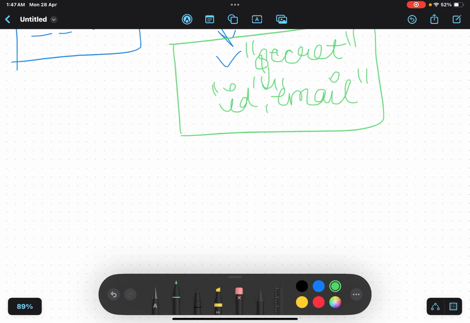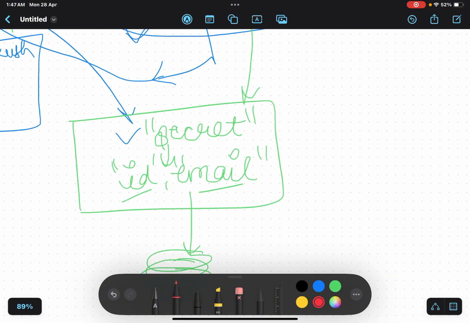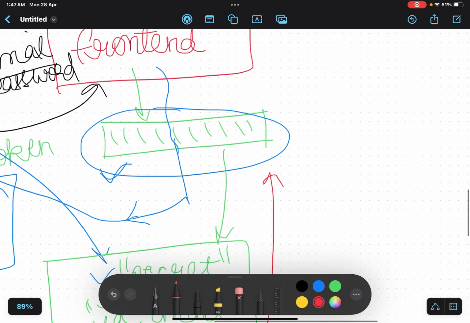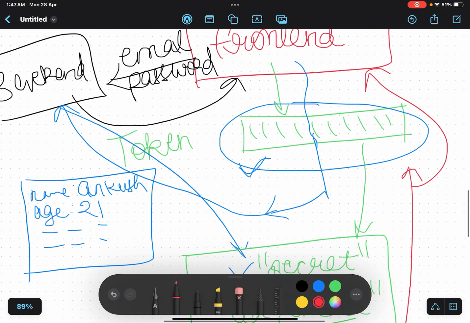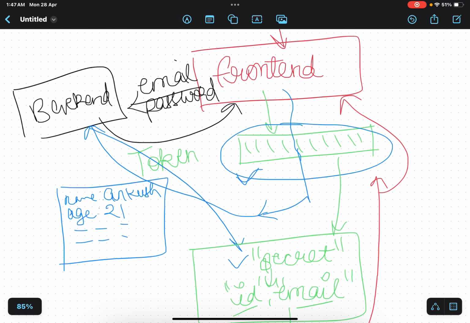These three things got separated, and on the basis of this email or ID, I can search in my database: get me the details of the user who has the email ID of ankush@gmail.com. And after it, I will get the details of the user, and after getting the details, I will pass them back to the front end. Fine, back to the front end, and now this front end will receive the information about the logged in user. This is how this authentication works with the help of the JWT token.